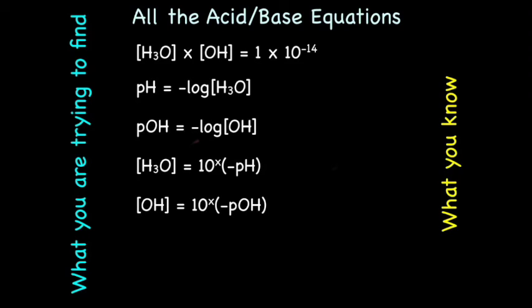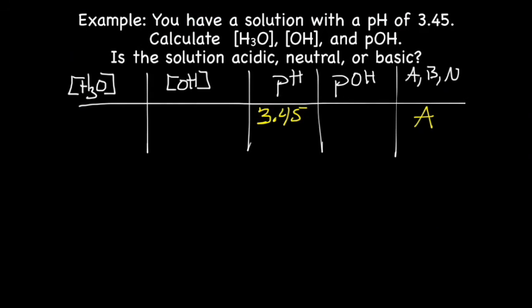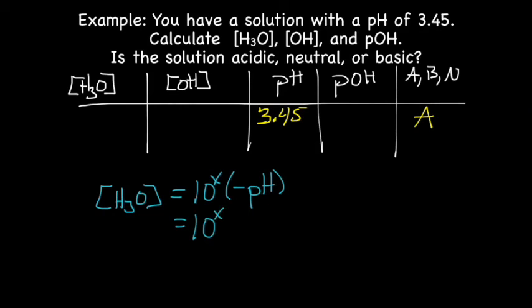The right side's the stuff I know, pH, so I can figure out H3O. So I'll have concentration of H3O equals the antilog of the negative pH, or the antilog of negative 3.45, which gives me an H3O concentration of